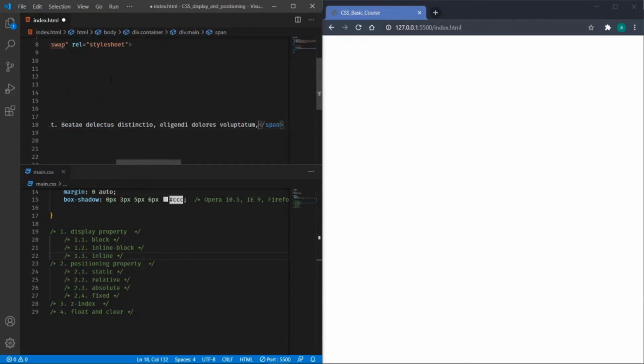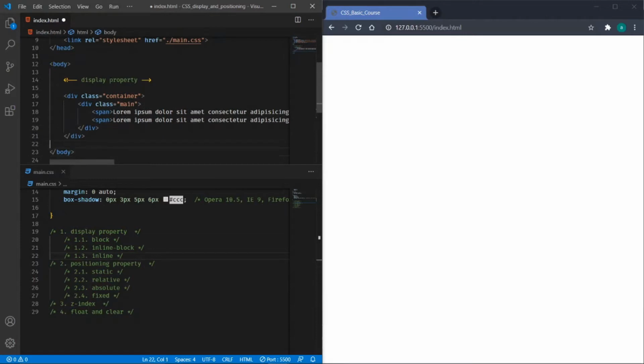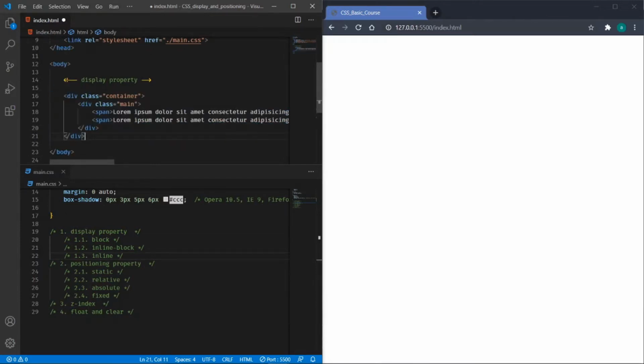I will just copy and paste the same thing. I just want a small text for the span. So we are having the container ready. I will just copy paste the same container.